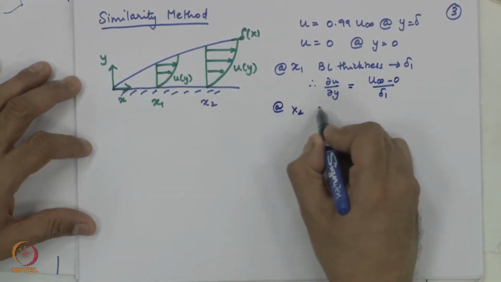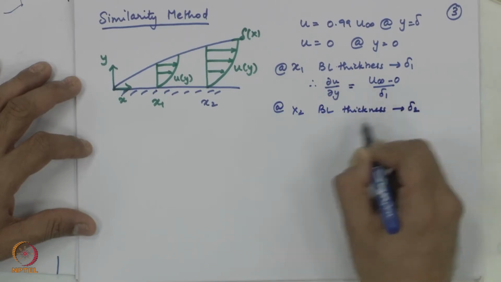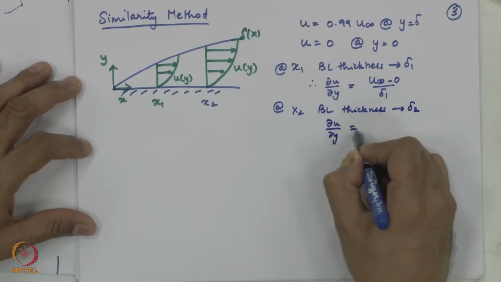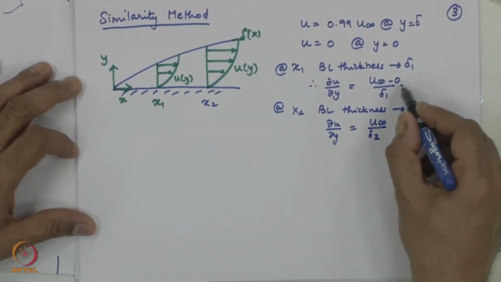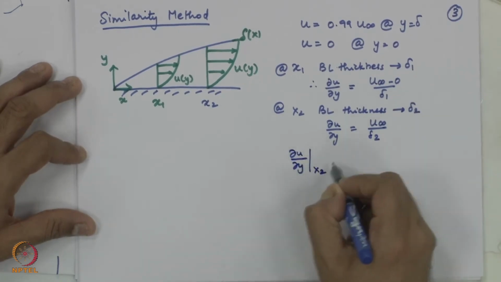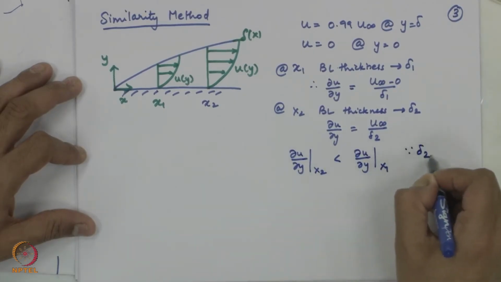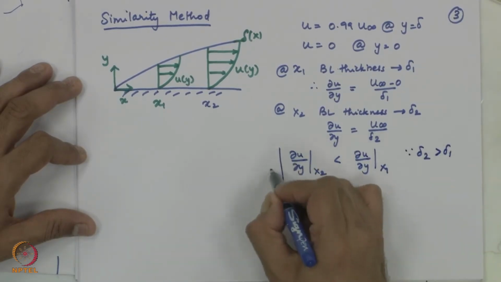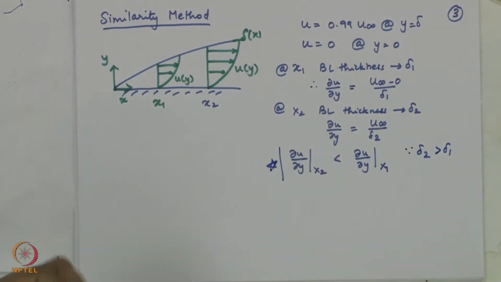At x2 boundary layer thickness is delta 2, du by dy is u infinity by delta 2, and because delta 2 is greater than delta 1, du by dy at x2 is less than du by dy at x1, because delta 2 is greater than delta 1. Okay. Now, the point being, the profiles are exactly of the same shape, same nature, except that it